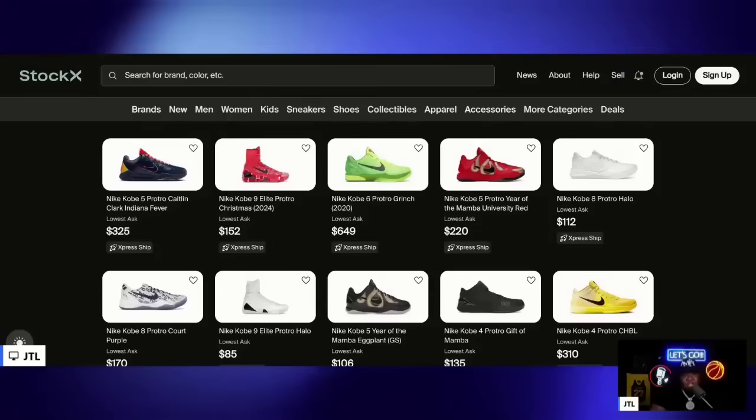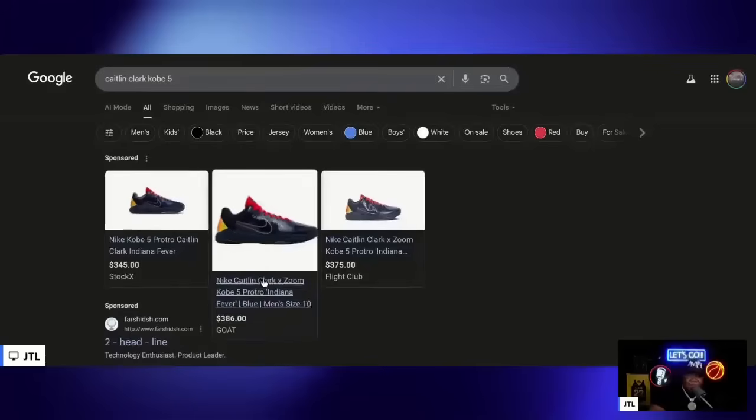It's currently $325, bro. $325. Now let's head on over to another platform. Now I normally get all my kicks from either GOAT, Fly Club, or somewhere like that because they're shipping faster. Now StockX shipping might take a little minute, man, but GOAT is pretty quick about this. Now look, already, y'all remember how I told you that the numbers are going to fluctuate throughout the day. The number's already